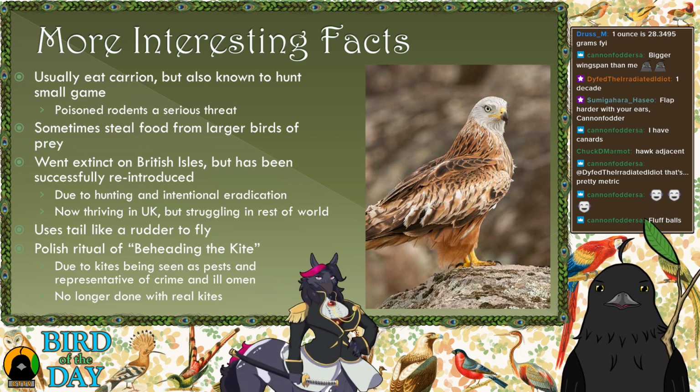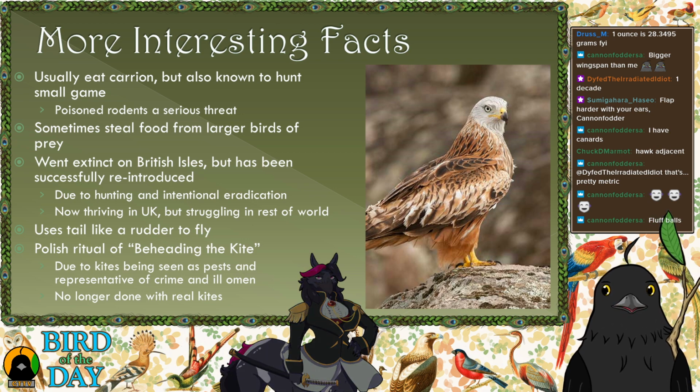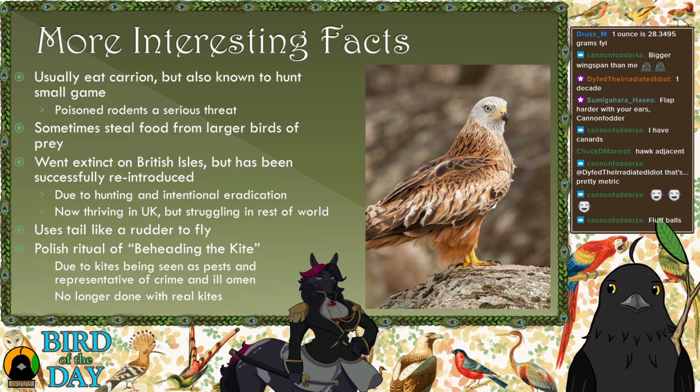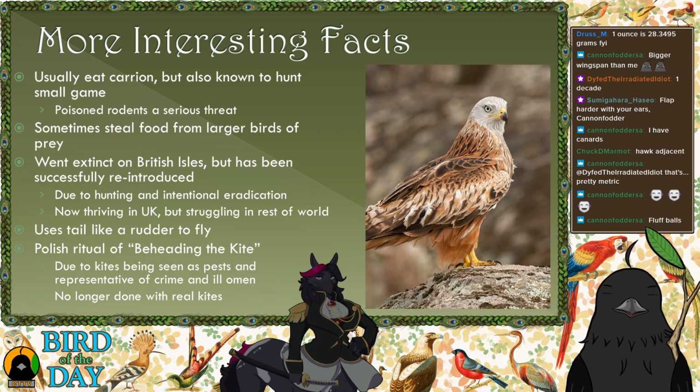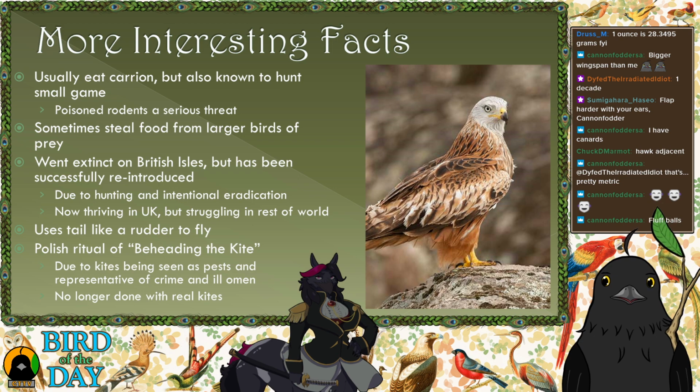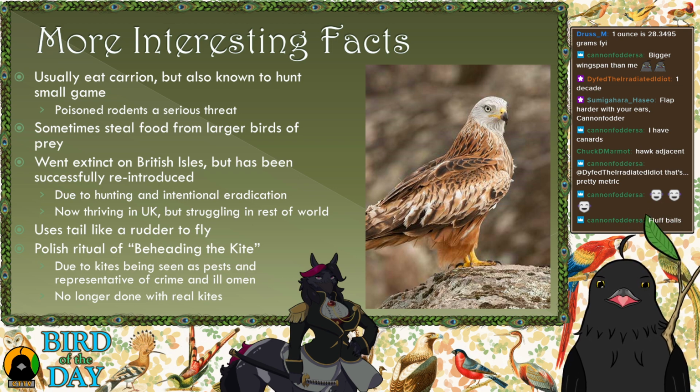It was the foxes, right? Mostly foxes, yeah. But also other large birds of prey. The kite was wrongly assumed to be a threat, and with a lot of study, they've found that kites are pretty much no threat to livestock, pretty much none at all. And thanks to that studying and better understanding, they've been able to reintroduce them, and now in the UK, they're